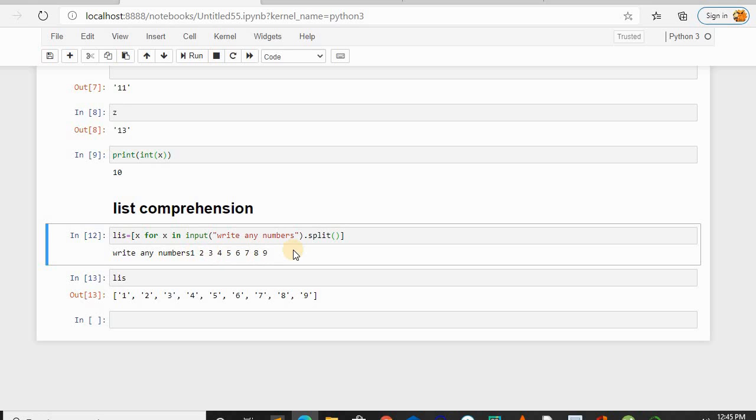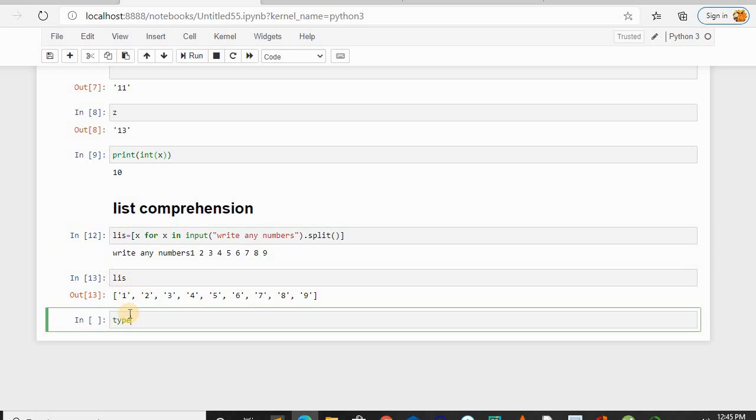This is how it will be running, through iterating. That is, using a for loop, we are going through each step. If it is space, means it will be cutting out. Here space is cutting out. So like that only, using the for loop, we are iterating throughout the string and cutting the white spaces, and if there are any numbers present, they are stored in the form of a list. So that's only happening here. Okay, and the numbers present in the list are in the form of strings only.